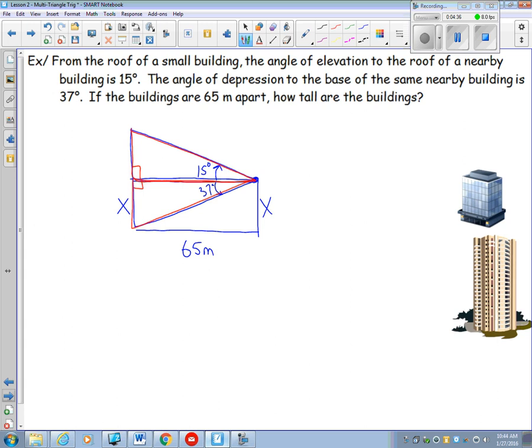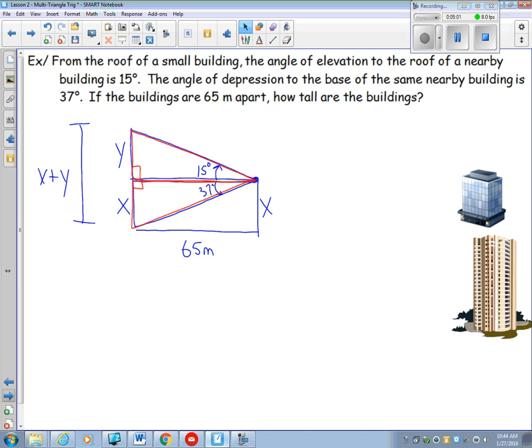The bottom triangle on the left and the right have to be the same, and this part up here would be the top triangle, and together x plus y would be the tall building. Right? So if I can solve for x and I can solve for y, I can solve for both things, both buildings. One of the little tricks here, just remember that